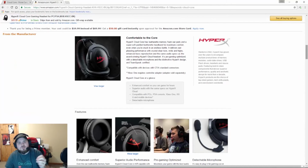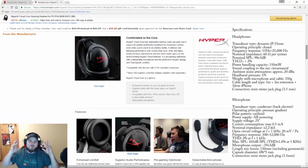And as far as comfort goes for wearing them for a long time, I'm not a huge fan of leather. I like the cloth personally. I find that a lot of leather headphones tend to sweat a lot and they get uncomfortable after a couple hours. But I can tell you I've gamed in these for up to about 3 hours without having any discomfort or feeling pain or anything else. I have read in the reviews that people with big heads, they don't stretch a whole lot. So if you have an exceptionally big head,